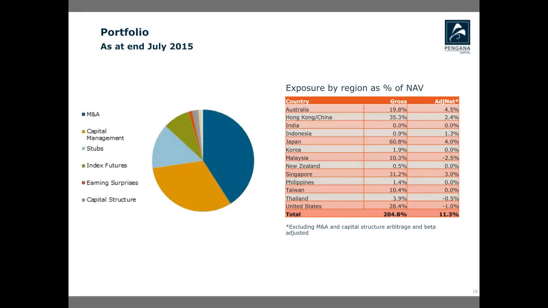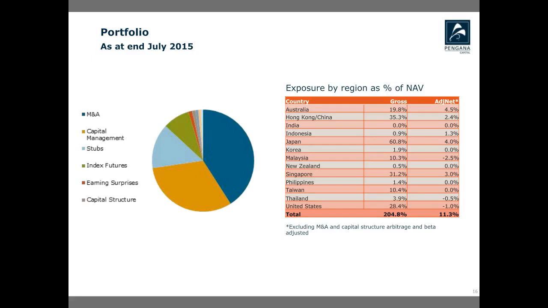On the next slide, we've actually plotted a snapshot of the portfolio of July. So this should give you the true extent of diversification by geography and by strategy, which I touched upon a while ago. You can see that in terms of gross exposure, the key markets for the fund are Australia, Hong Kong, China, and Japan. And in terms of net exposure, as of July, we were running a net of 11%. But because of the recent volatility that we've seen in August, we've brought the net exposure down to 0. So we've reduced net, and the book is net neutral at this point in time.